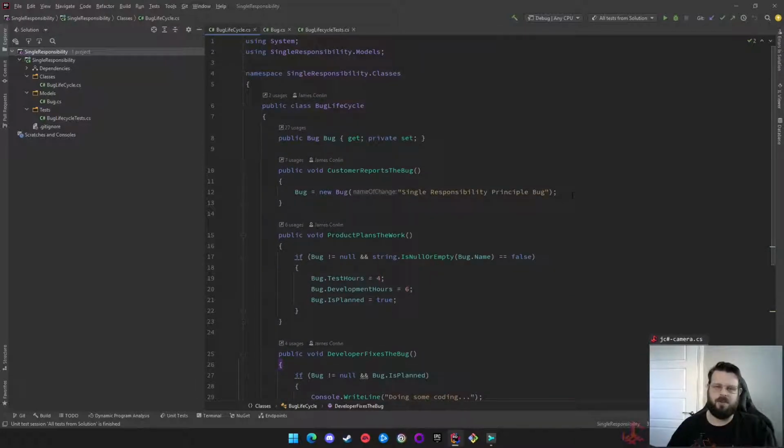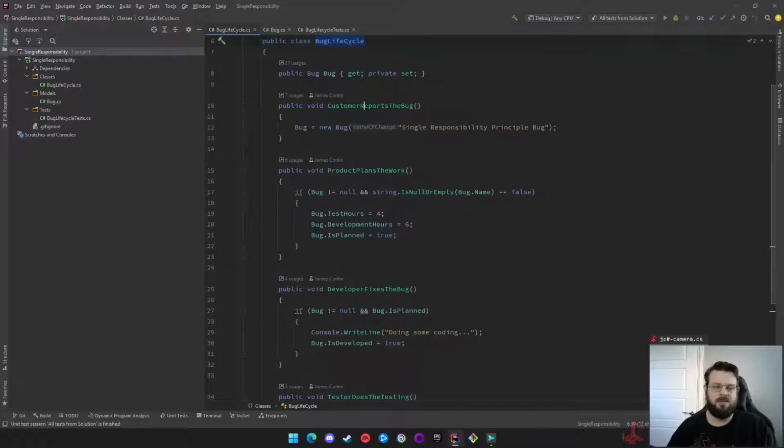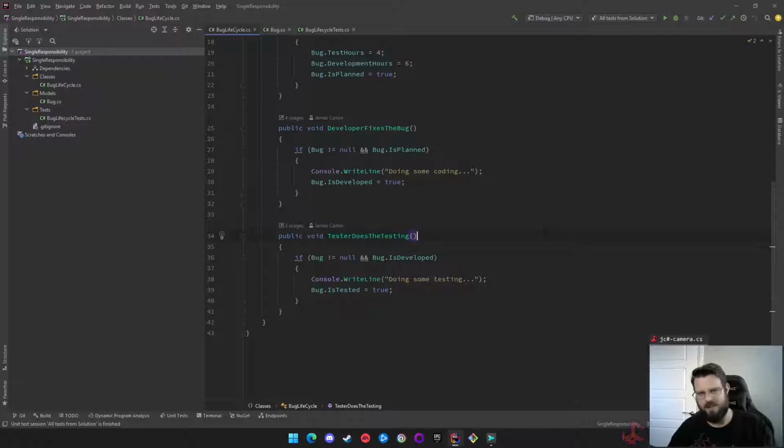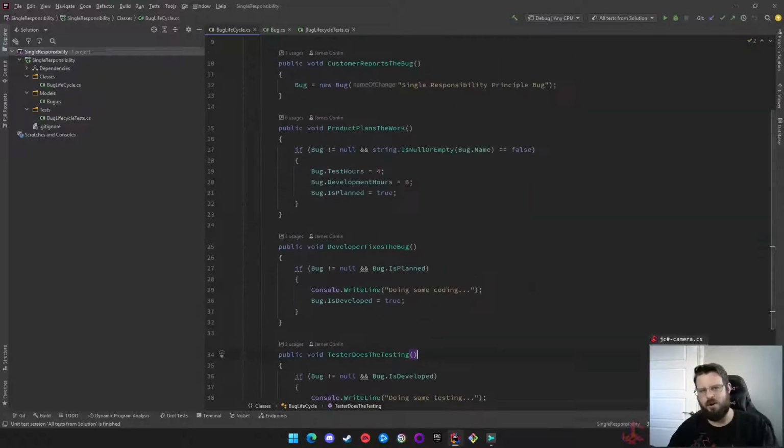So very, very straightforward example, but obviously we can see straight away that the bug lifecycle shouldn't be responsible for reporting the bug, planning the work, doing the fixes, and doing the testing. And the idea here is that all of these things are in this same class, and that breaks SRP, because